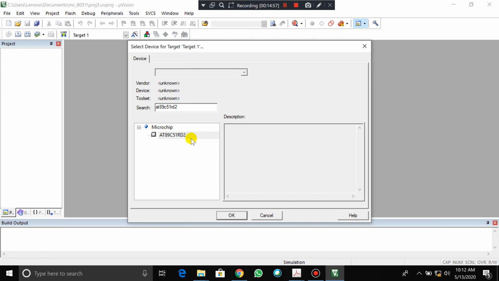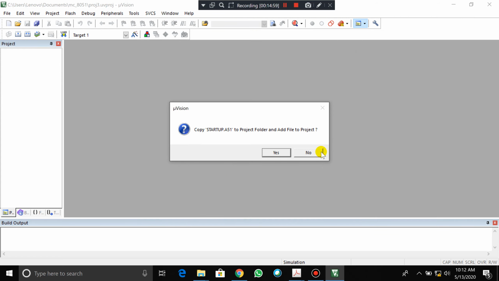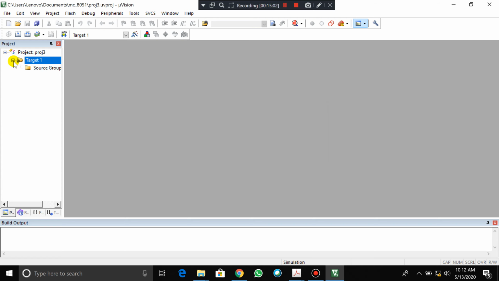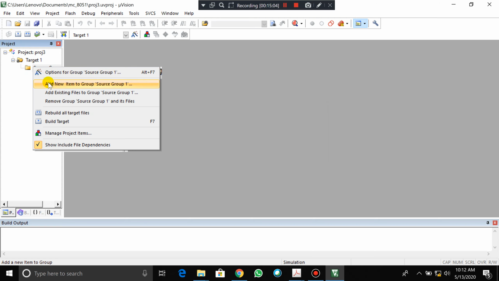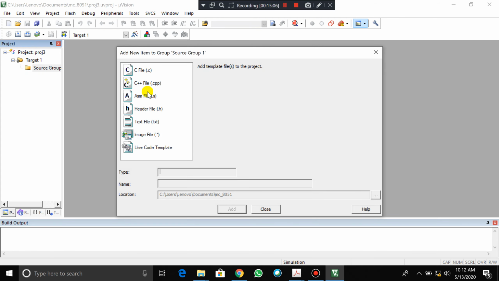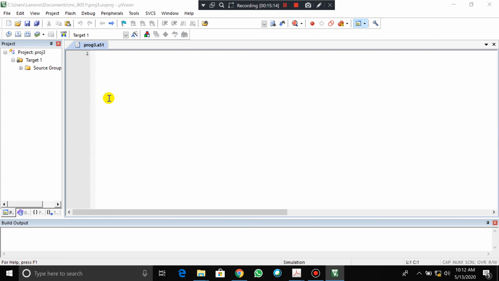Right click, add new source, .asm, A51, copy,